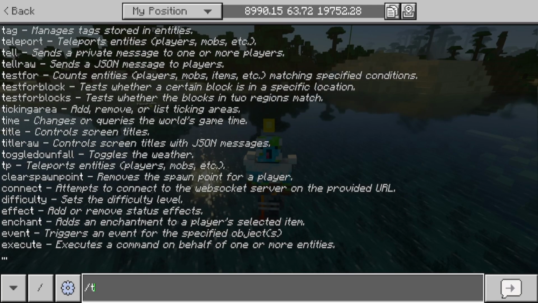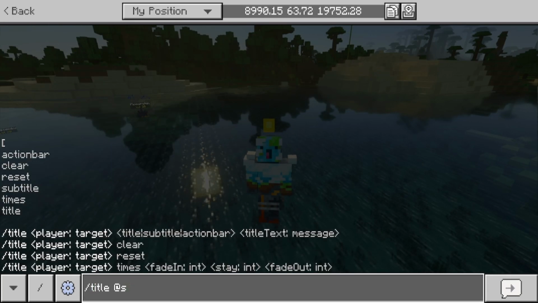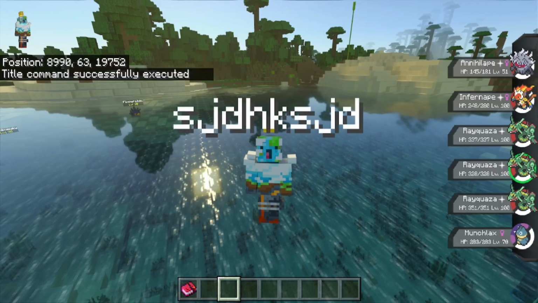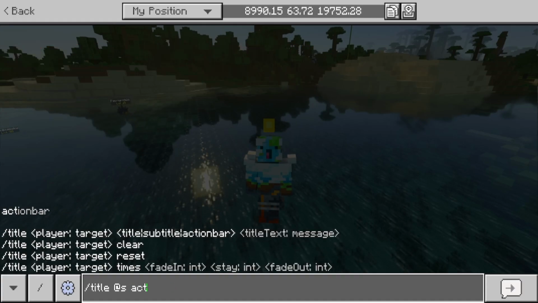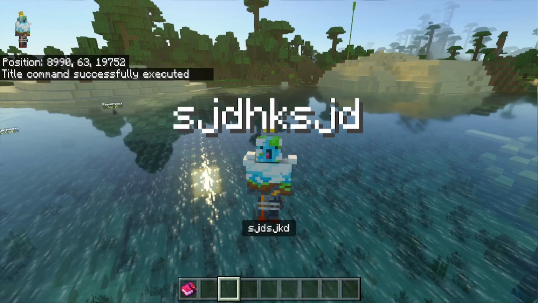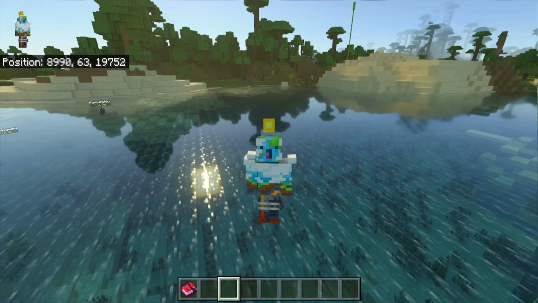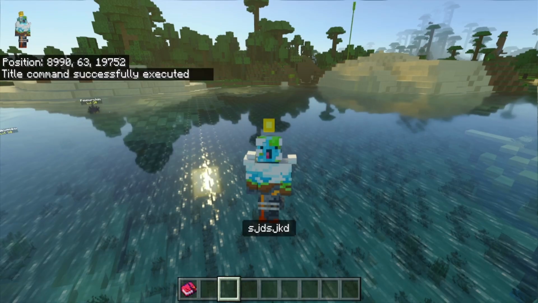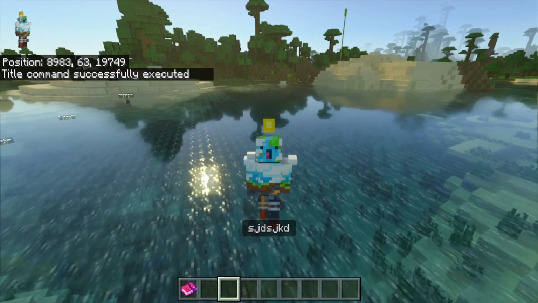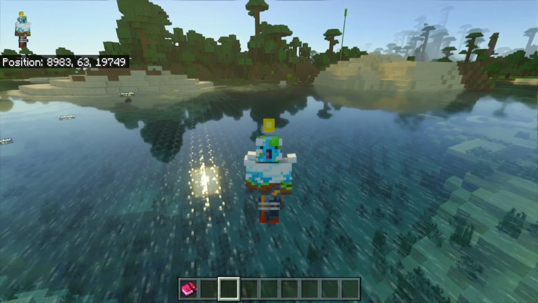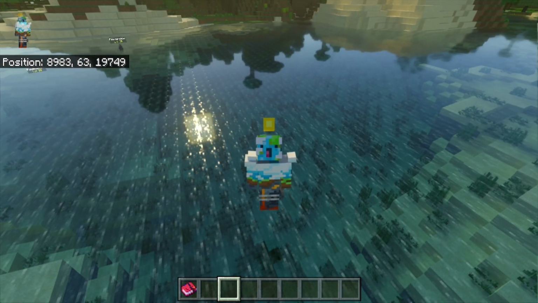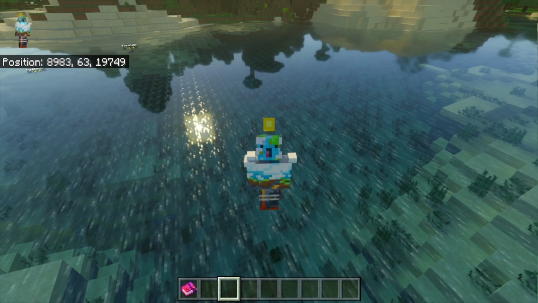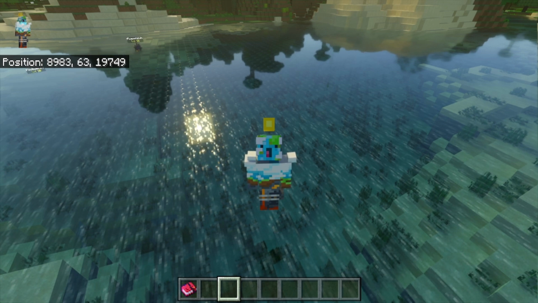And stuff like /title, add s title, hey, anything I put here, that is HUD screen. Also, stuff like action bar. If I put it in here, boom, action bar gets displayed. And as you notice, my sidebar disappeared because my sidebar uses action bar to display. And that's very important. So most of JSON UI is structured off of already pre-made Minecraft stuff, just utilizing it